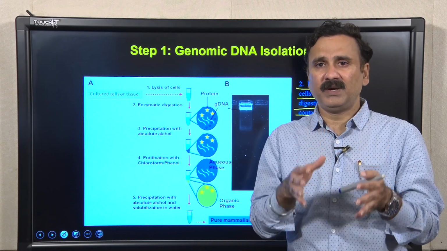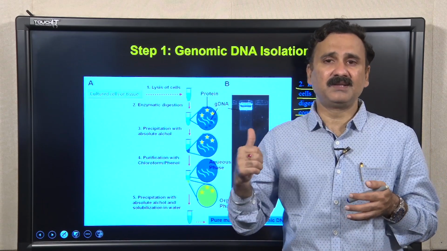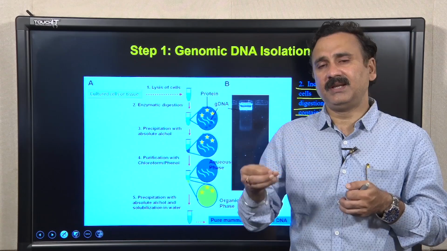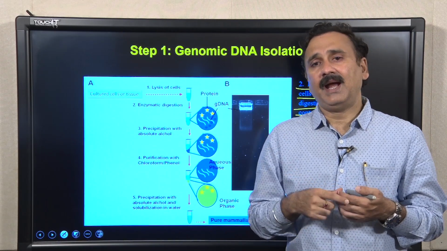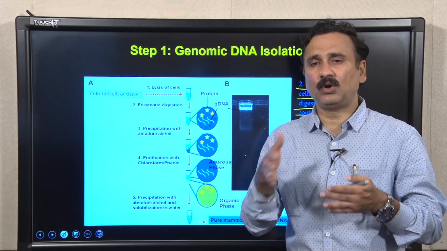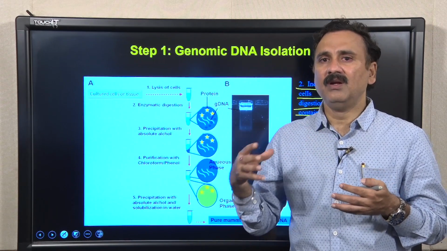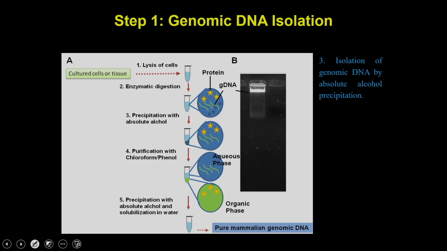So you are going to incubate the cell lysate in the presence of the digestion buffer, which contains proteinase K as well as SDS. Proteinase K is a protease, and it is going to start chewing the proteins, and that is going to continue for another 16 to 20 hours, so that all the proteins are chewed up, and then the DNA is free in the solution. So once the DNA is free, then you can do the isolation of genomic DNA simply by absolute alcohol